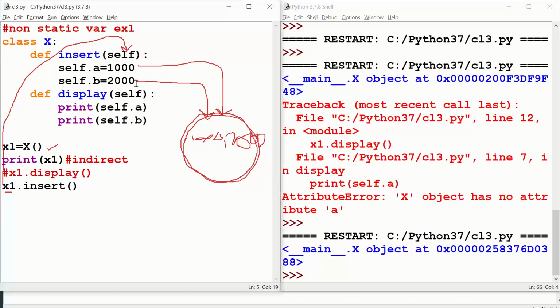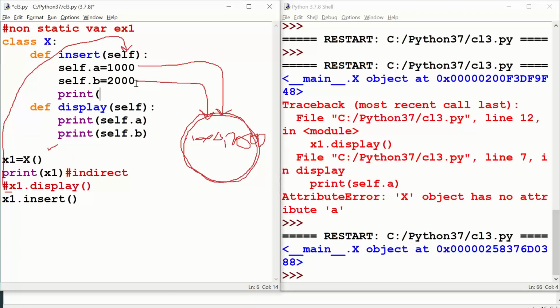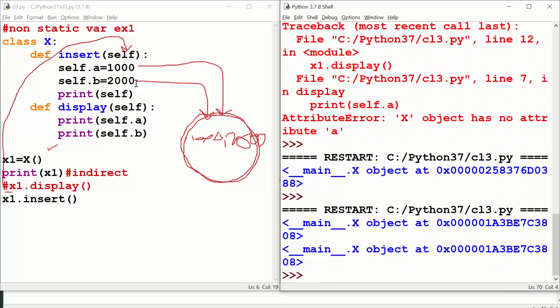Let me add one more statement here: print self. Sir, what is this self? Why are you writing self? What is the role of self? Your reference variable puts the indirect address into self, and self now knows where the object is, and self brings those two object variables into the object. If I print self, what will come? Observe.